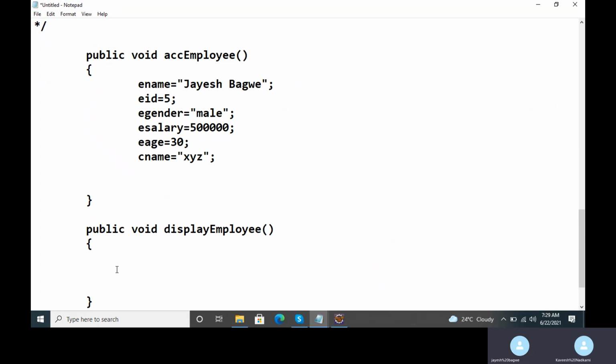Inside the body of this display employee function, which is a member method of class employee, I will display or print the values of these variables.